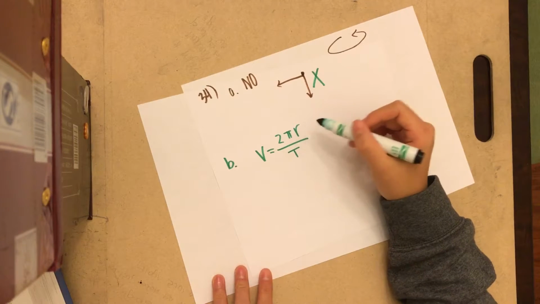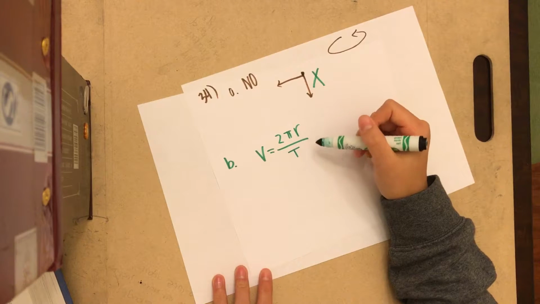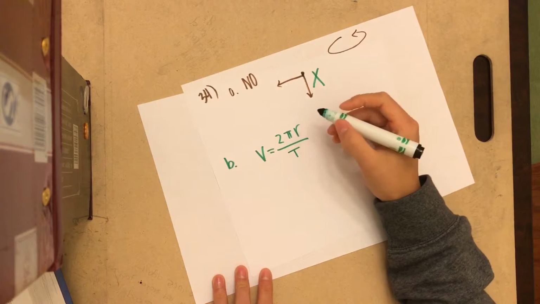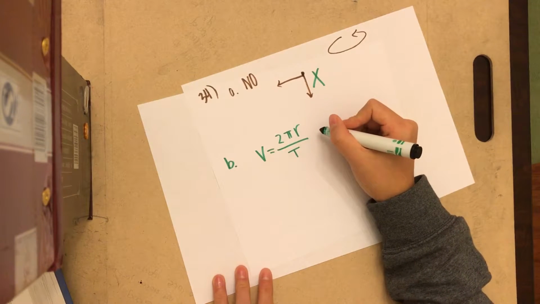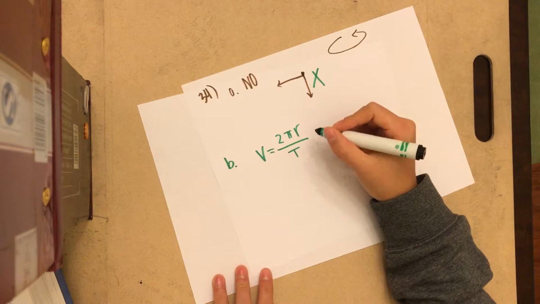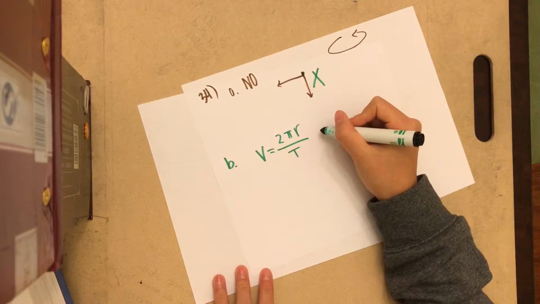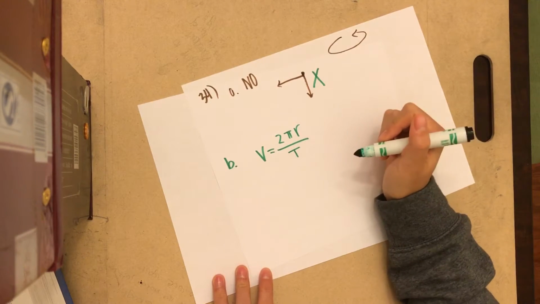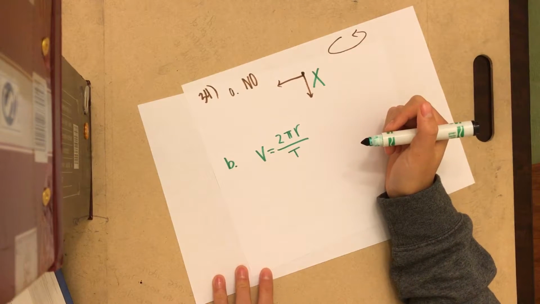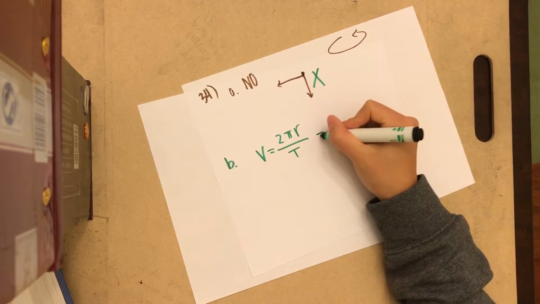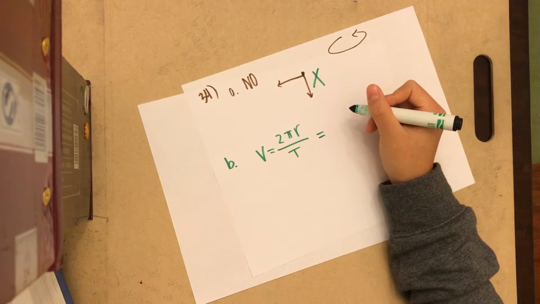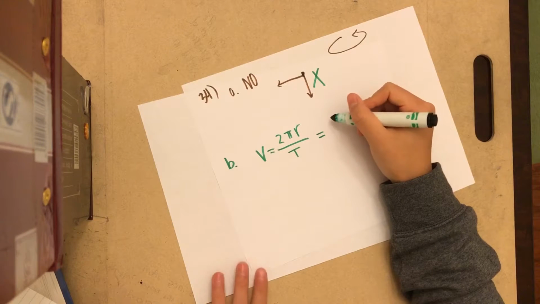We're dividing 2 pi r, which is actually the distance of one revolution, by the time it takes to complete one revolution. So you can think about it as change in distance over the change in time, which we defined earlier as velocity. So if we plug in the information we are given into the equation,